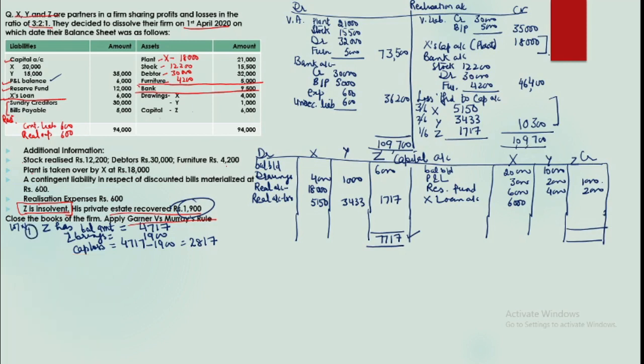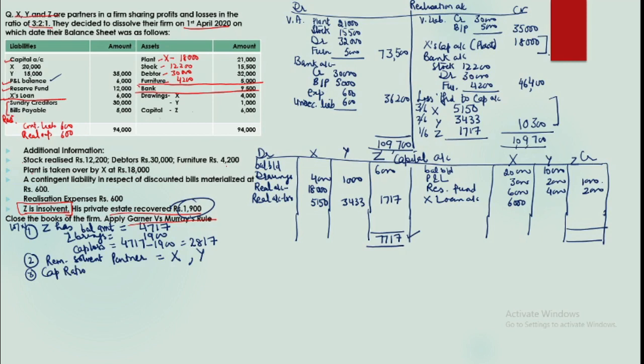So our first step was establishing insolvency. Now find out the remaining solvent partners. Since there were three partners X, Y and Z, Z is insolvent, so by assumption X and Y are solvent, because we are not given anything. If nothing is given, we'll assume them to be solvent partners. So this loss will be borne by these two partners in capital ratio. So our third step will be to calculate the capital ratio. So what is the ratio? It is the ratio of capital claims.